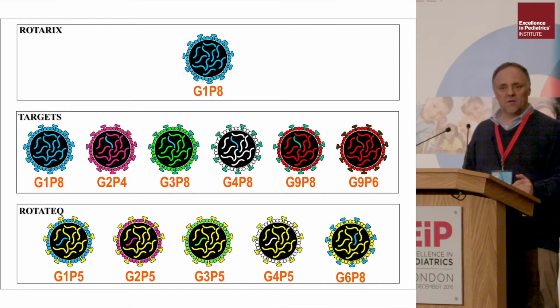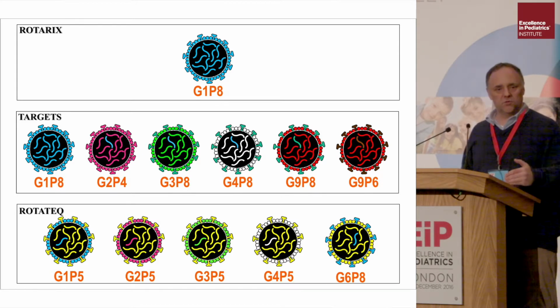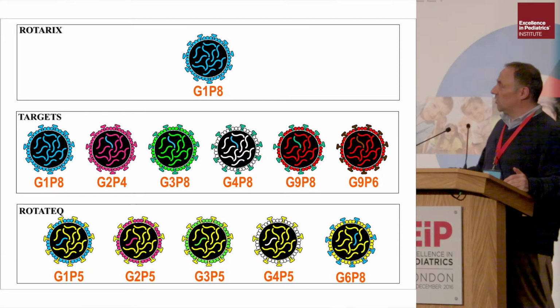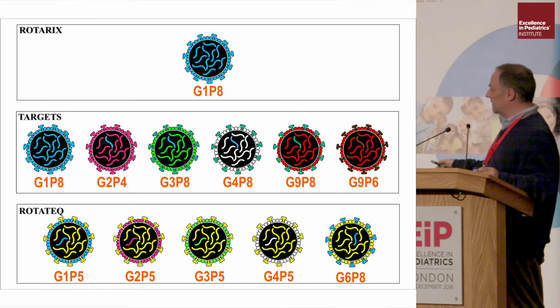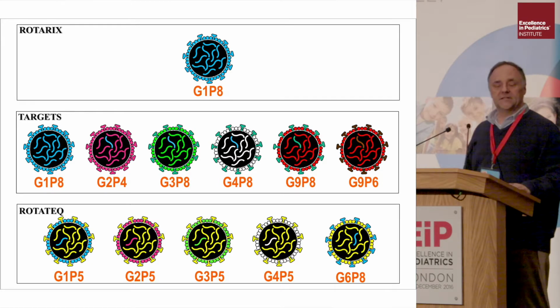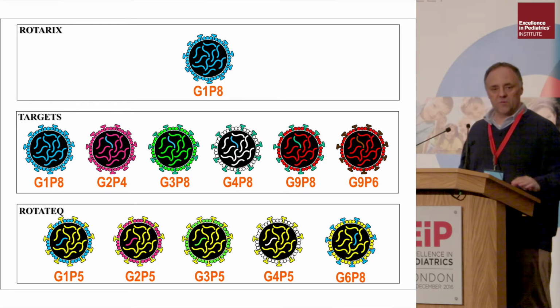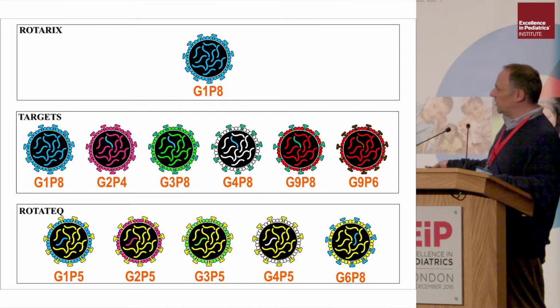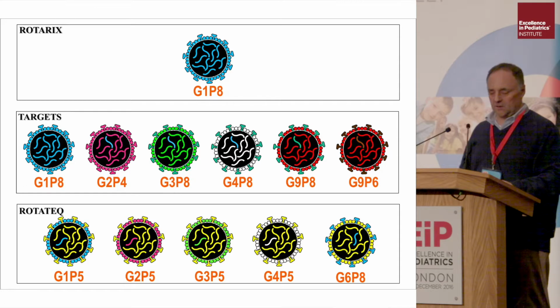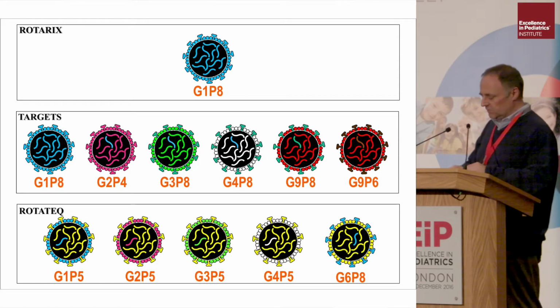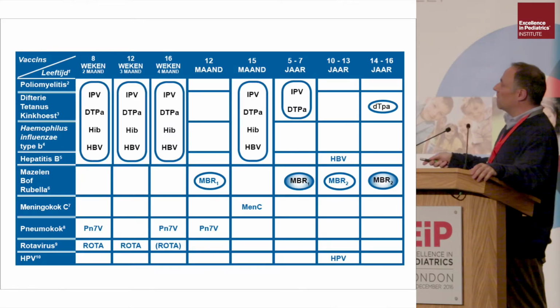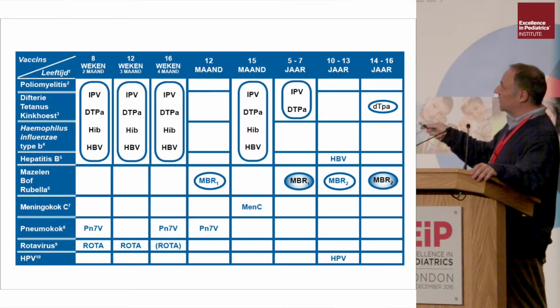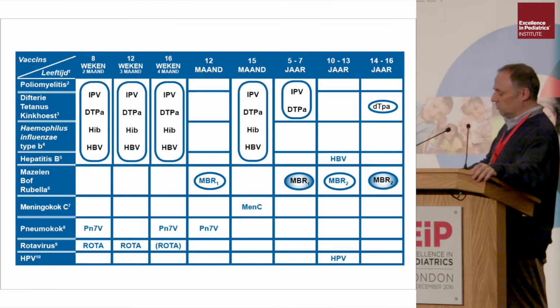That is probably the reason why, for a full vaccination course, you need 2 shots of ROTARIX, but you need 3 shots of ROTATEQ. The reason why you need 3, in my opinion, is the fact that the very useful P8 moiety is a little bit diluted. If I would have to make the vaccine again, I would get rid of the P5 there and upload the vaccine, or a second generation vaccine, with a little bit more P8. That is the reason why you can use it in 2 vaccination sessions with ROTARIX. You need 3 at 16 weeks also for ROTATEQ.